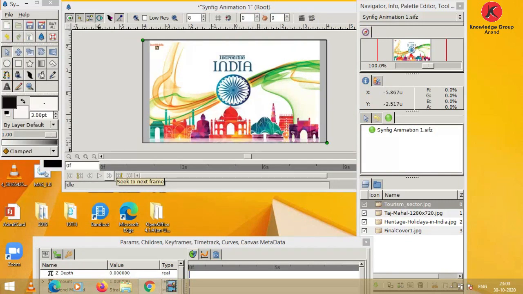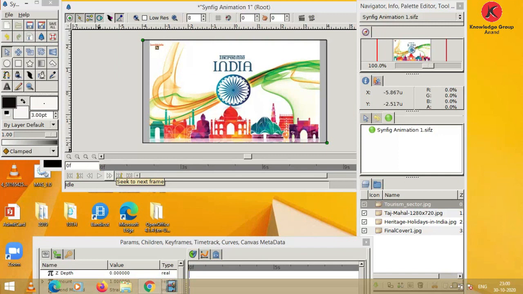So here we learned how to create a slideshow by using Synfig Studio. If you want to place a background in the slideshow, then encapsulate all the image layers. Place the background as the bottommost layer. The blend and amount parameters will be applied only in the encapsulate layer. We can also add text to the images and display the text during the slideshow.